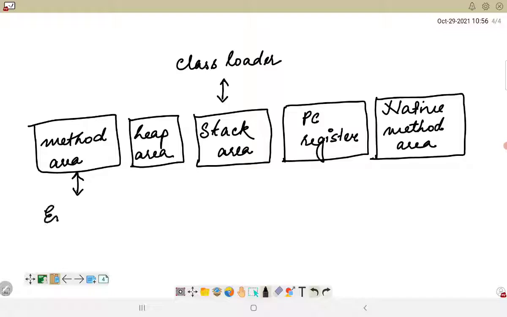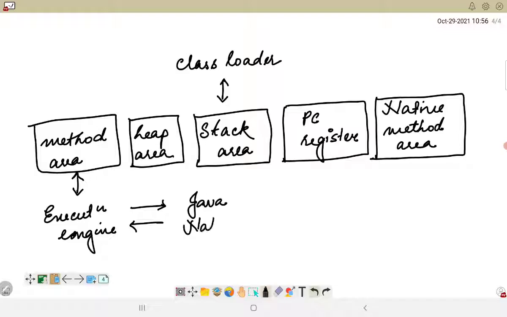In an elaborate manner, it has an execution engine. The execution engine interacts with the method area, which has an interaction with the Java native interface, and then it is backed up by the native libraries.